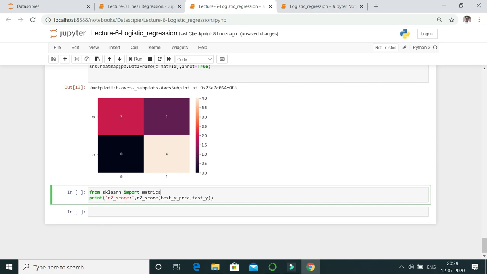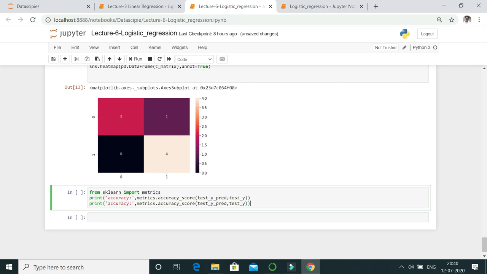Then we will have to print accuracy. Replace R2 score with metrics.accuracy_score. Similarly, for precision, we just replace accuracy with precision.